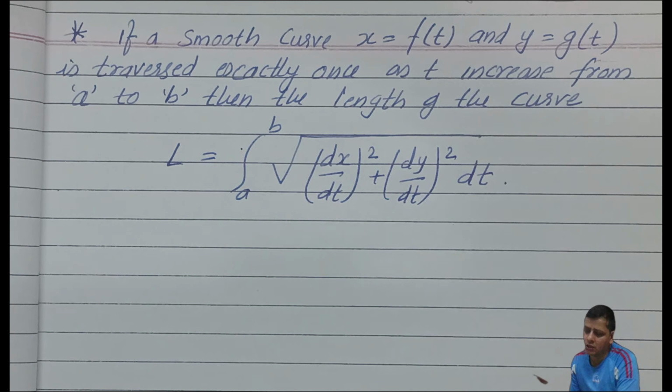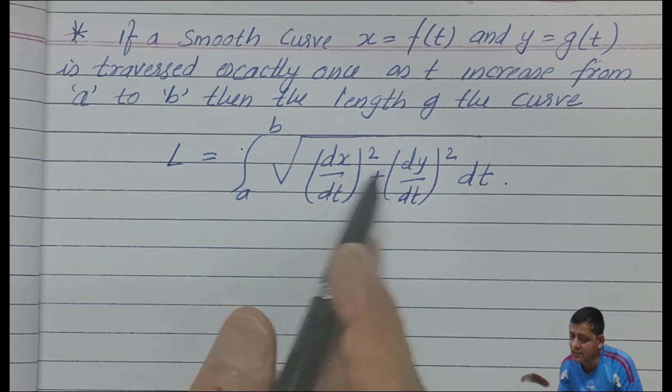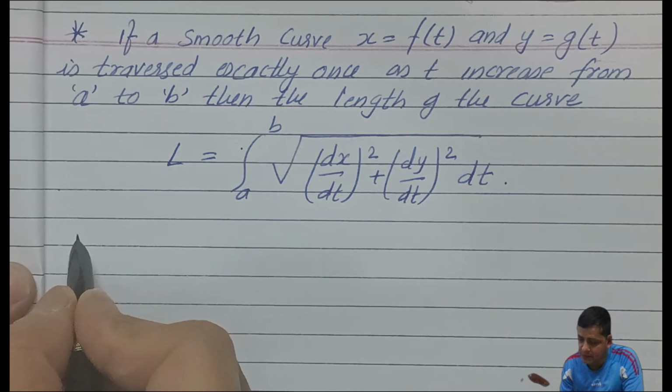So here also it's very simple, friends. Here for a smooth curve, when it is traversed with x and y given as f(t) and g(t), then we have a new formula where we see that we have x as well as y. Both the values are given. So let's see one example, then we will understand better.